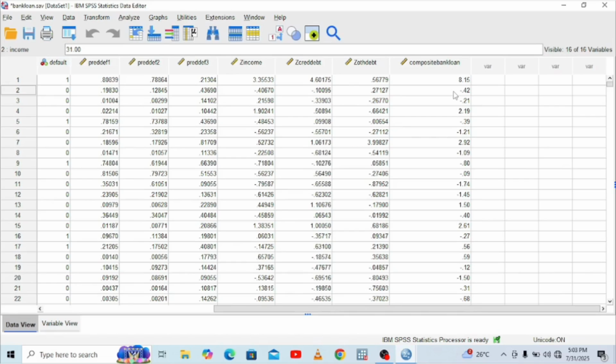So this is how technically these variables affect our bank loan. You can notice we have a positive relation of how these variables affect our bank loan in the first observation. Then in the second observation, we have a negative value of the composite Z-score. And in the third observation, we have a negative